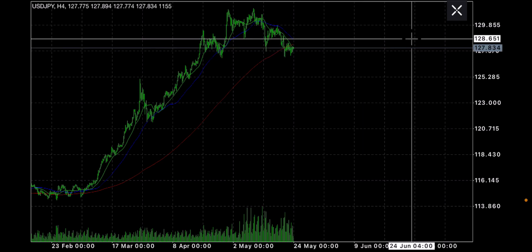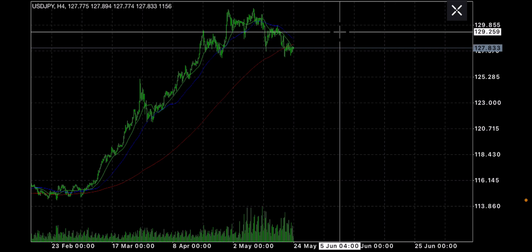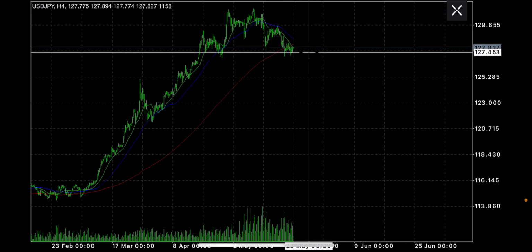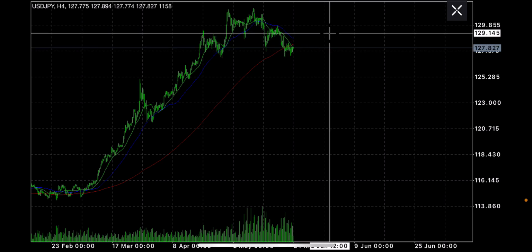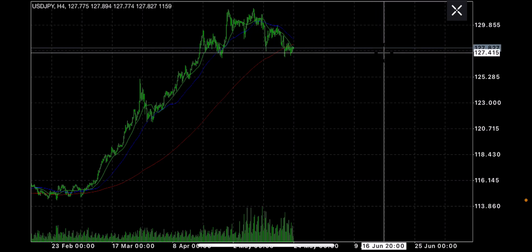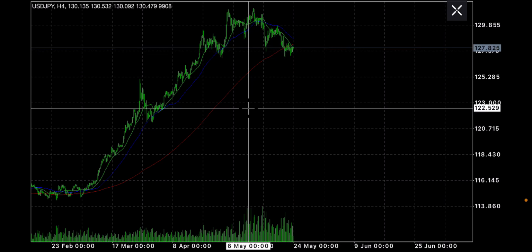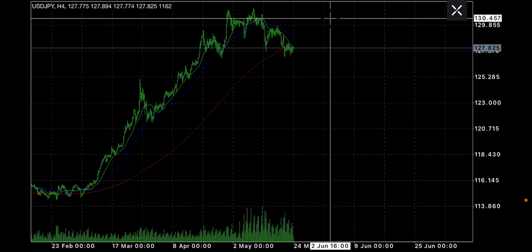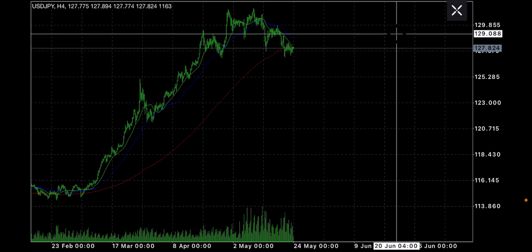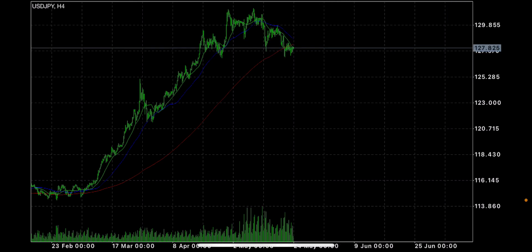Okay. So once again, it does look like price is going to come down just a little bit more, but it definitely does look like we're going to be bouncing around this price point here, here, and here. And the reason why is because the Japanese yen is not strong enough to bring price down, but the US dollar is not strong enough to continue to push price up. So we're going to continue to range out with this particular currency pair, okay?